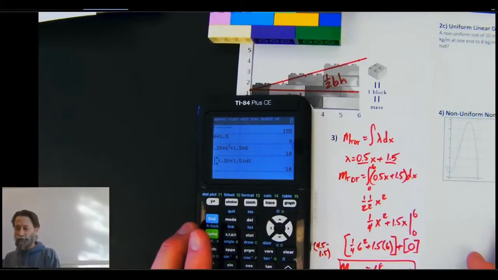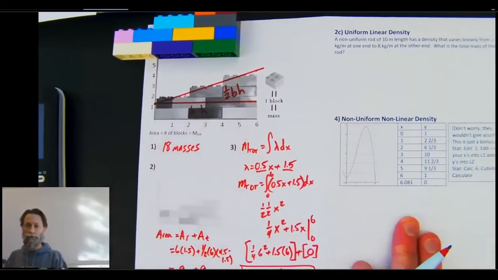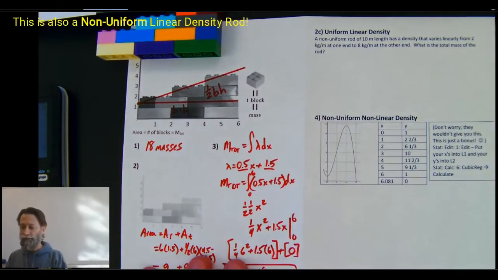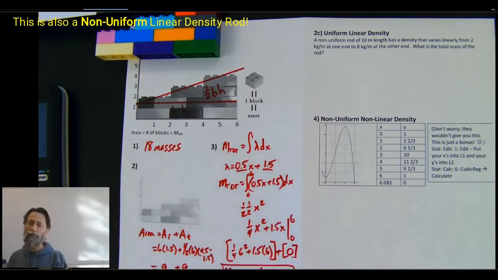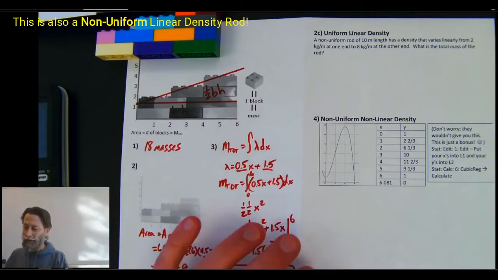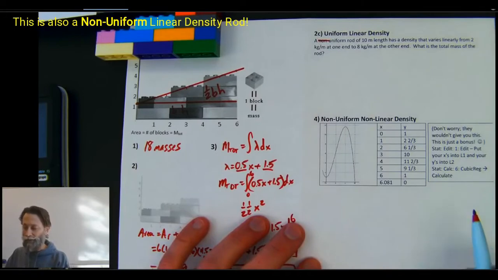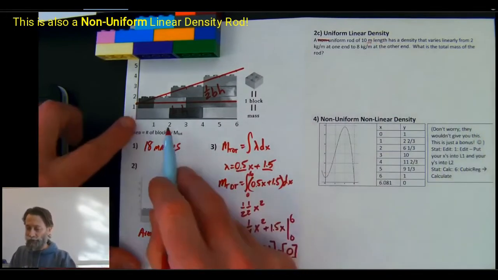The next thing that we're going to move on to is a uniform linear density one. And in this particular case, we don't have the Legos. We have to work it out ourselves. A uniform rod of 10 meters of length, so I know that my total length is going to be 10,